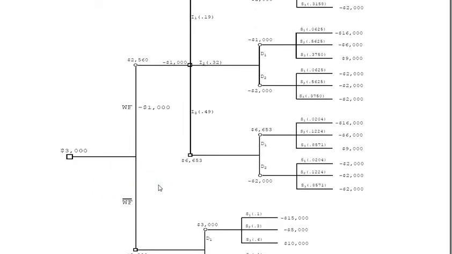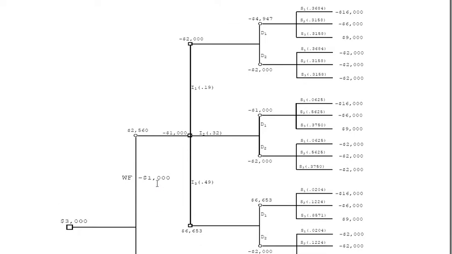If I choose the weather forecast, my payoff was this, but how did we calculate that? So now we have a chance node, which is the forecast. So the forecast can be rain, cloud, or sun, and these are the probabilities. If you remember from the calculations, we had about 0.19, 0.32, and 0.49. Now if the forecast calls for rain, I have one of two decisions to make, D1 or D2, and if I have decision 1, then I have